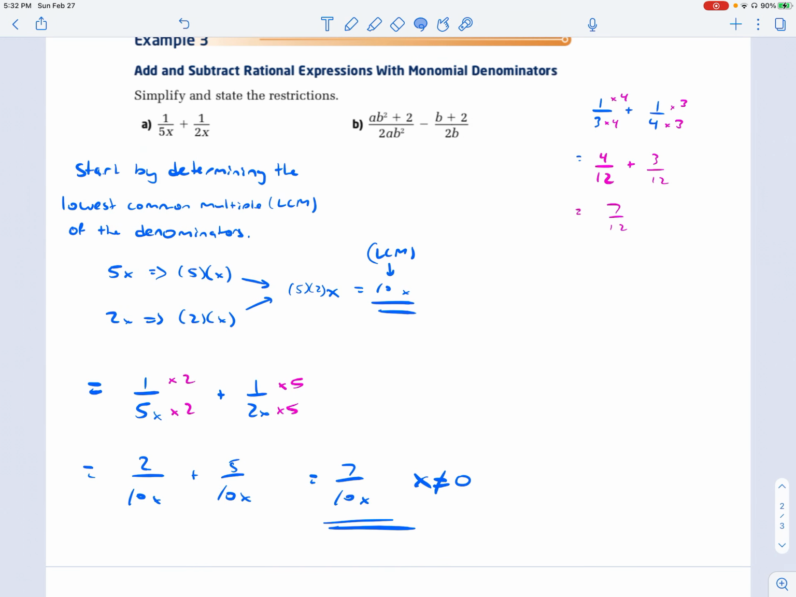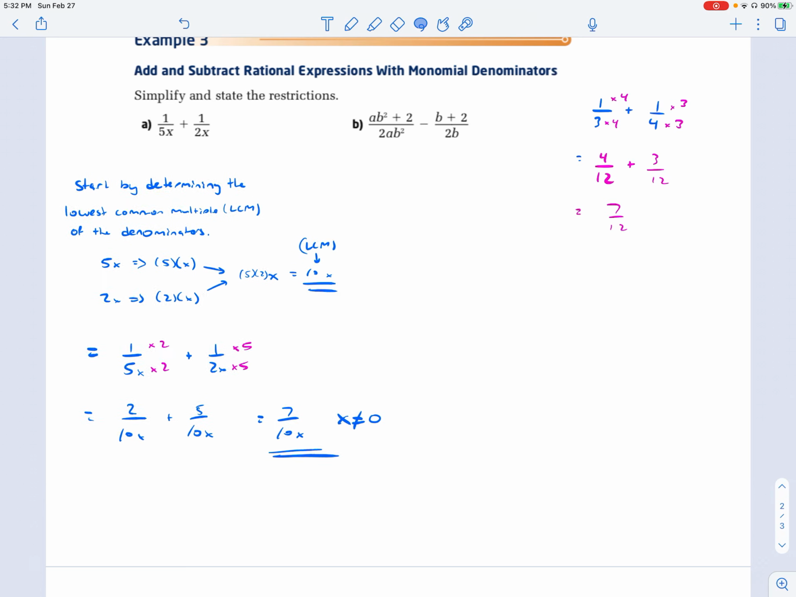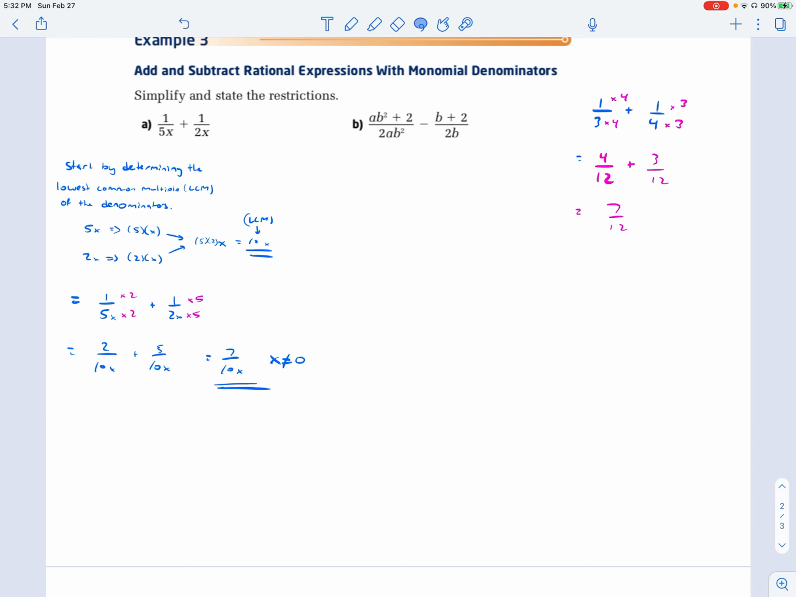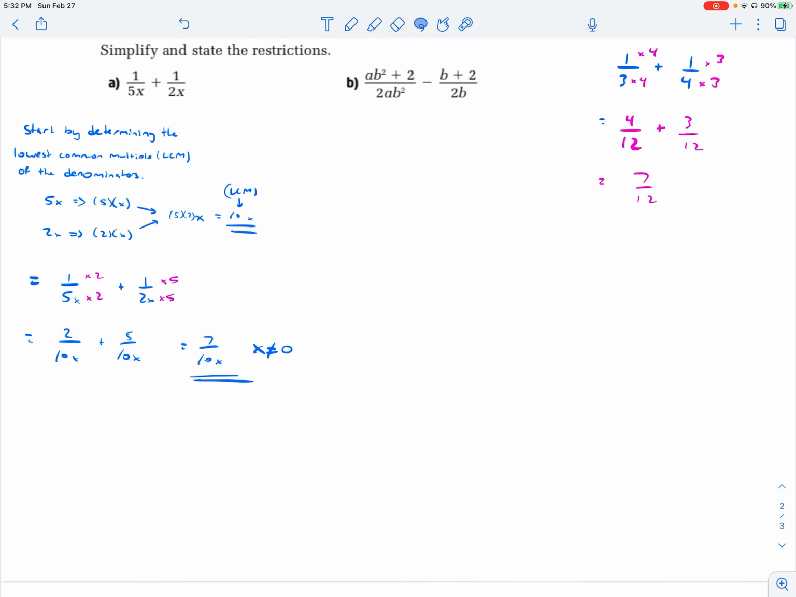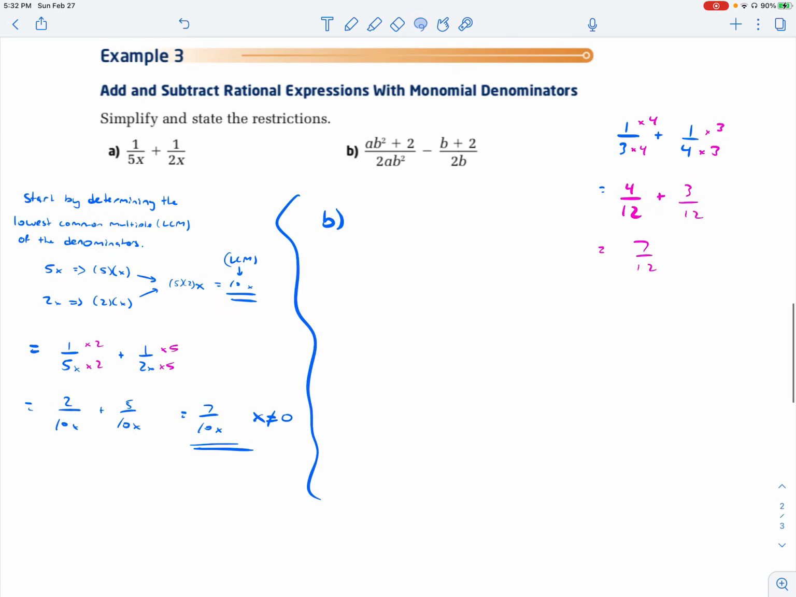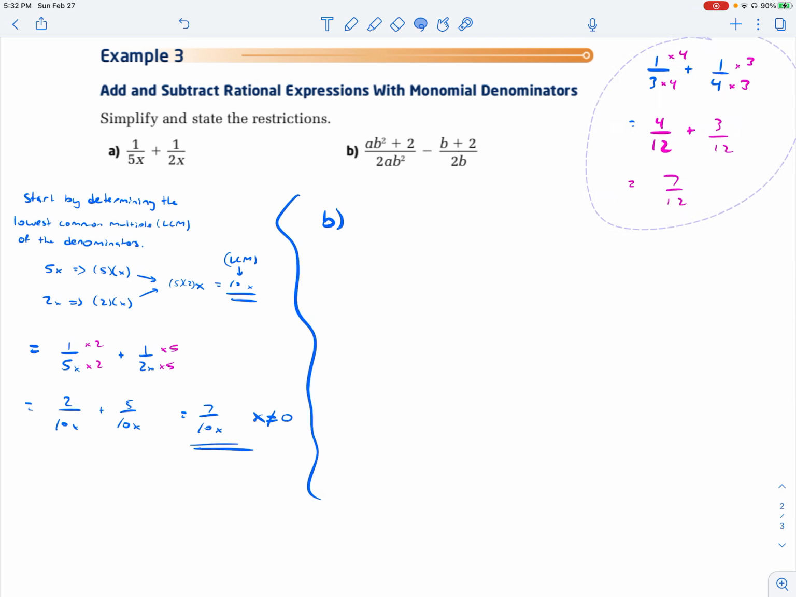Monomials are quite simple like that. It's pretty easy to find the lowest common multiple. When we start to do other ones, it can be a little bit trickier, but as you follow these steps and practice them, you'll be just fine with them. Okay, let's start the next one. I'm going to get this out of the way here too. All right, so let's first